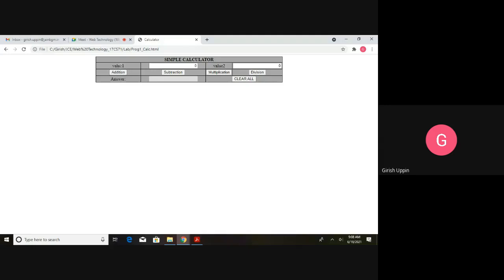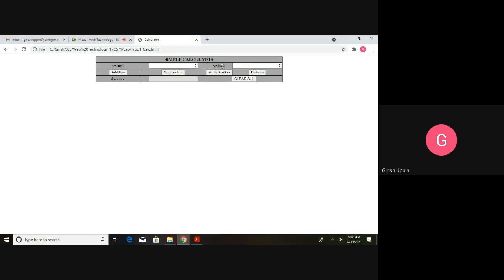And on the next row, this is a simple label, like text, I have used. And if you see here, the user can enter any value. So it is a text box. I have used an input control, and the user is going to input the data.